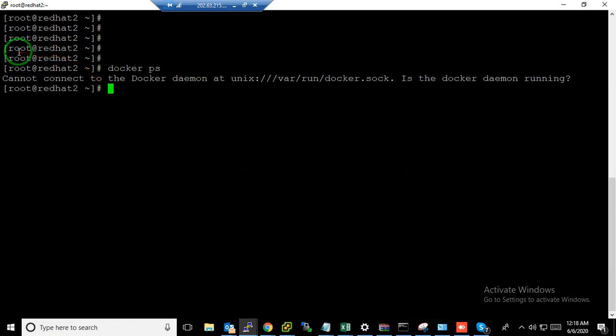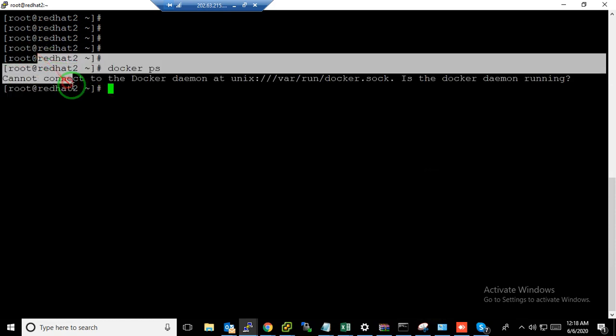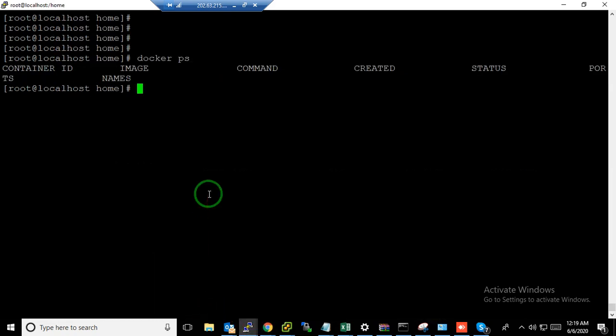So we make the network connectivity from my Jenkins, so that Jenkins can run this command here, but it will show the output of my node cloud, that is this one.